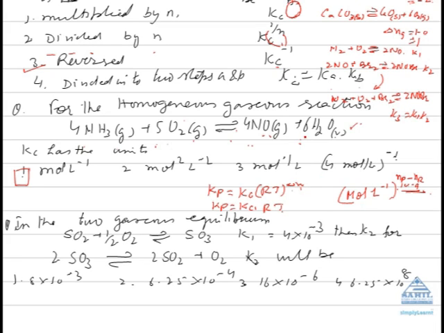For this reaction, he has given you K equal to 10 to the power minus 3. Then what will be the K for the reaction 2 ammonia plus 5 upon 2 O2 giving you 2 NO plus 3 H2O? Means I have divided the expression by 2. Then the equilibrium constant will be raised to the power 1 upon 2. If you divide by 2, we raise to the power 1 by 2. If you divide it by 3, we raise to the power 1 by 3. Let us consider another